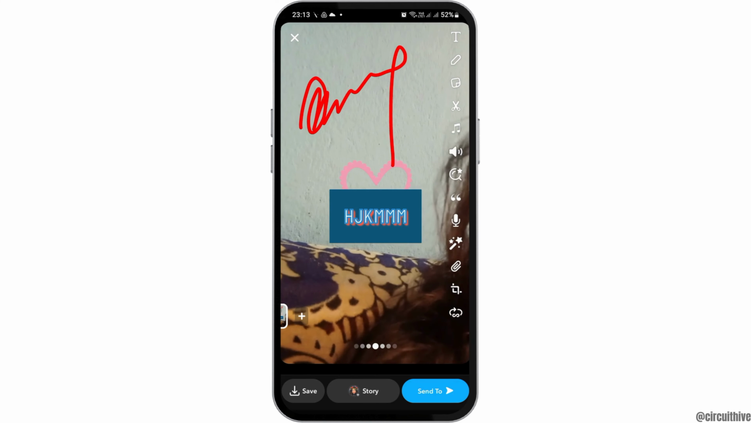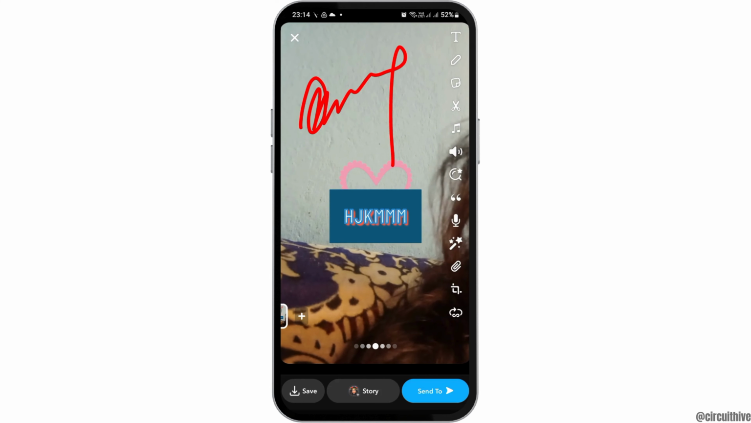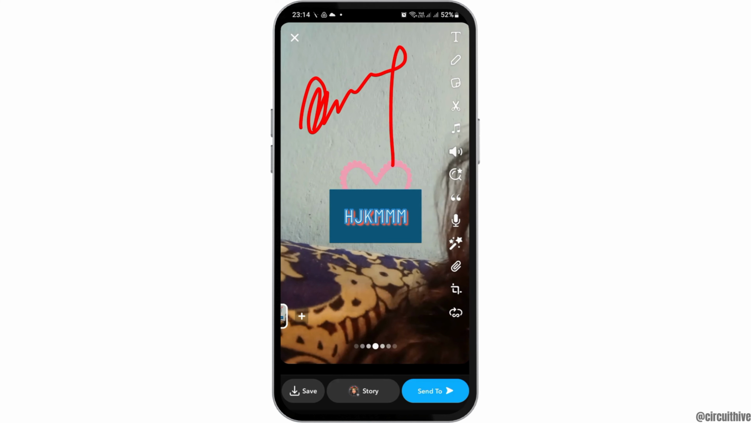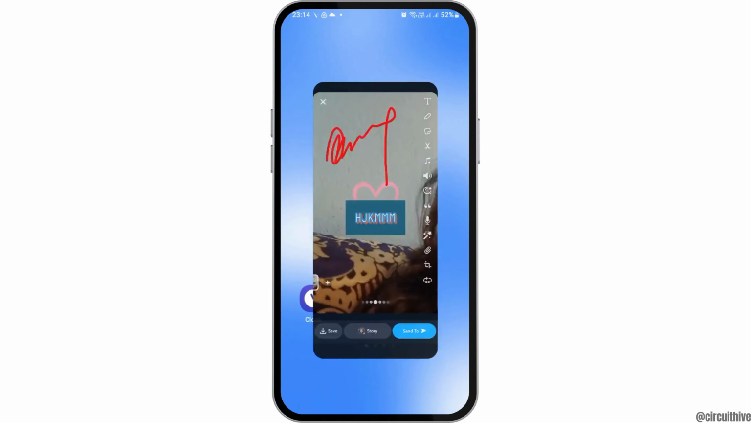You can also adjust the speed by just selecting the speed option there, and you can also edit or enhance the video by this very option, and you can also add other voice to it. So this is the way on how you can edit your videos on